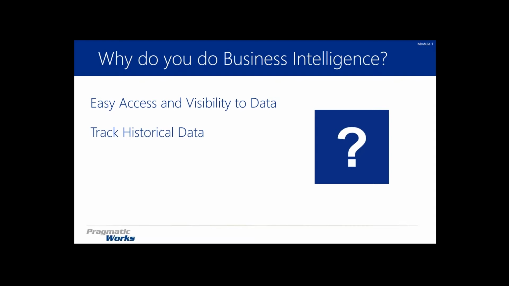Another thing that business intelligence will really help us do is look at things historically. So let's go back to our little retail example and say that we want to replace one of the store managers. Let's say we're trying to fire them and replace them with somebody else because we don't think they're doing a good job. Well, what we can do is track the sales on that store, and by doing some business intelligence and building warehouses and that kind of thing, we can take a look and see what sales were like for a particular location under manager A versus what the sales were under manager B.